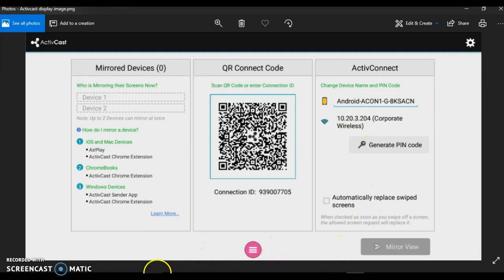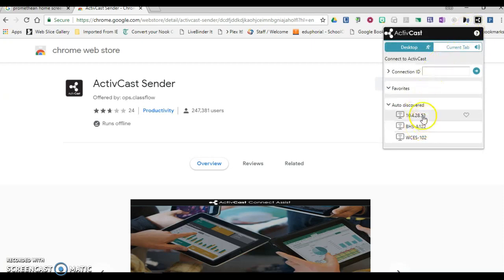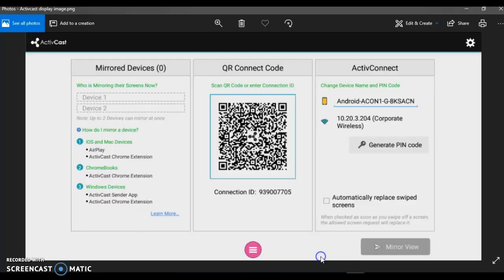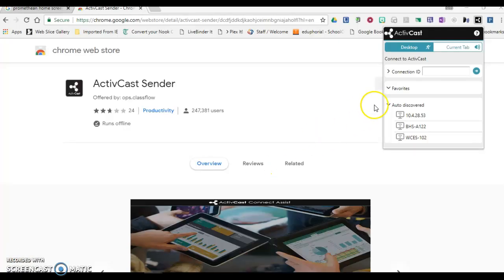So you're going to go back to your Chrome browser, and you're going to click on the Activcast Sender. And hopefully you'll see your board appear right here in Auto Discover. And if that does not happen, then there's a couple of things that you can do. You can go back to your board and either enter this connection ID, which is this number right here. You would enter that in right here,